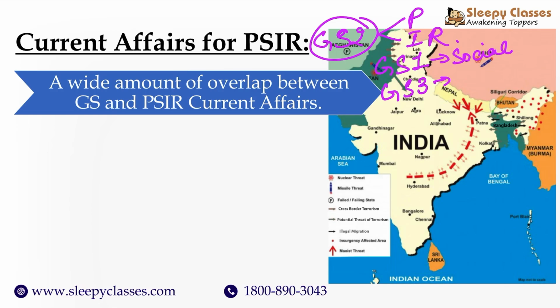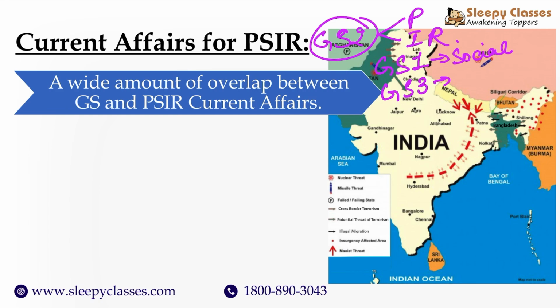Why? Because from the perspective of India and the world, when we look at India's foreign policy, one of the major reasons why we carry out foreign policy is to secure India's national interests. And one of the core national interests is securing India's national security. Right? Therefore, there will also be an overlap in this. Environment can also be an area of overlap. Why? Because environmental politics is a part of IGP or also as a part of global issues in paper 2 part A. Right? So, there is a lot of overlap here.